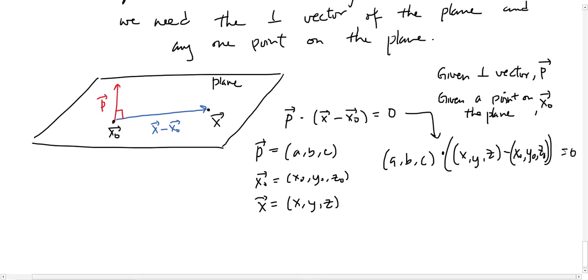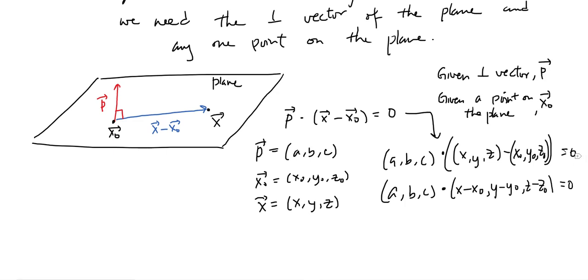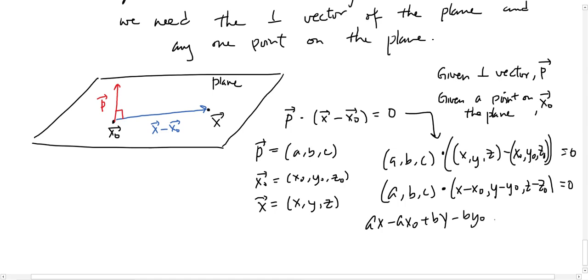Equal to 0. Now, if you go through your math, you find that there will be A, B, C dot product x minus x sub 0, y minus y sub 0, z minus z sub 0 equal to 0. Yes, you're probably having deja vu because we did the exact same thing with a line, except that we don't have c and z. Now if I do the dot product and distribute, it would be ax minus ax sub 0 plus by minus by sub 0 plus cz minus cz sub 0